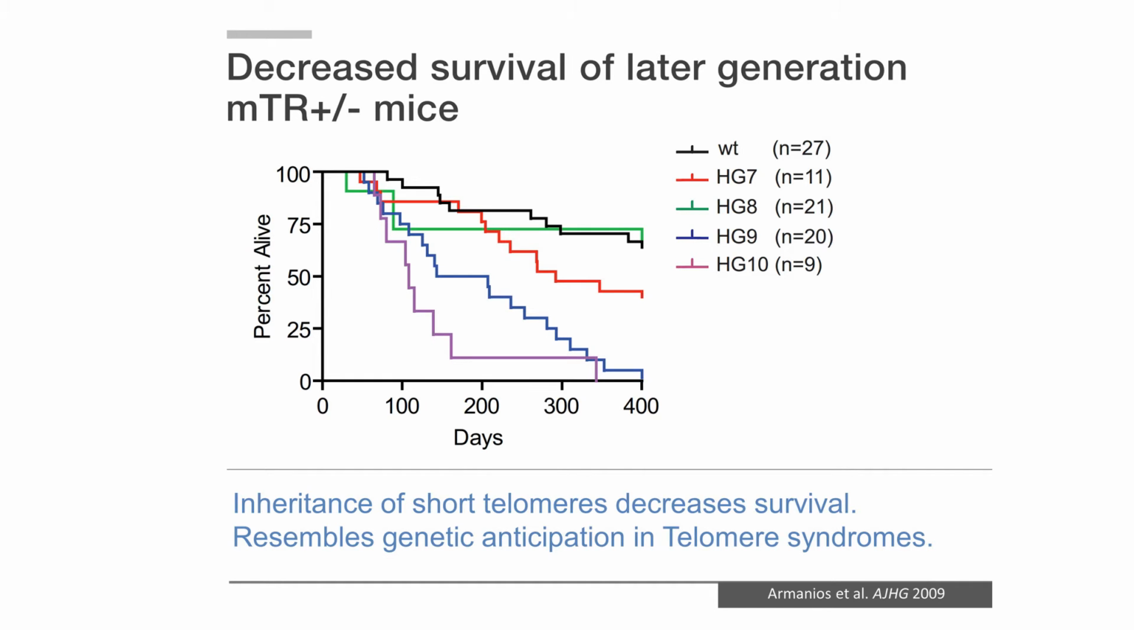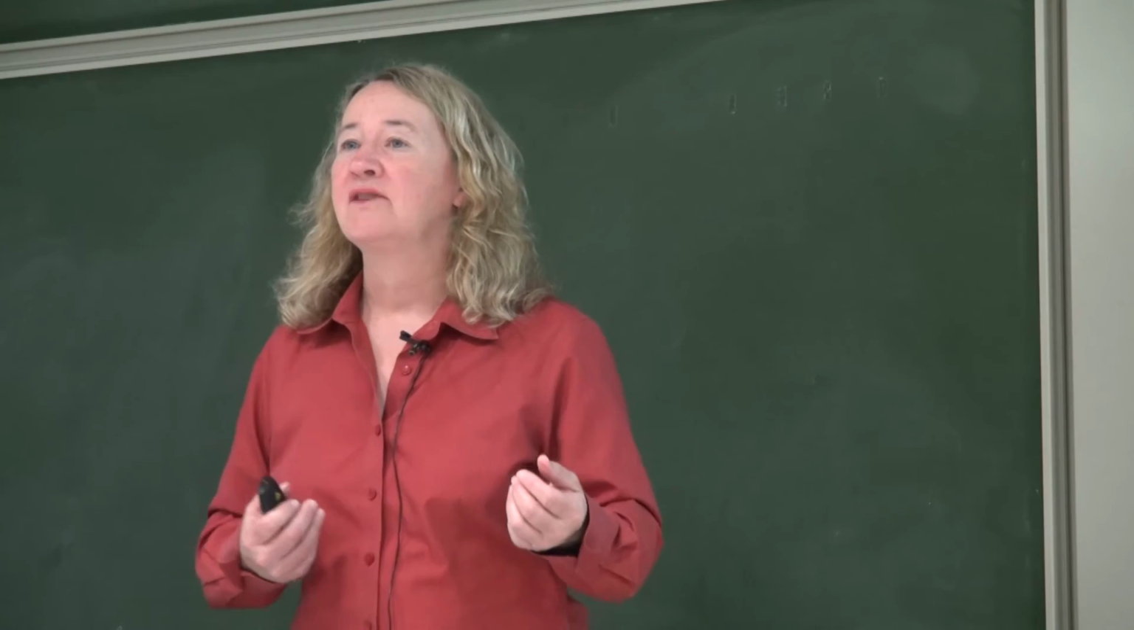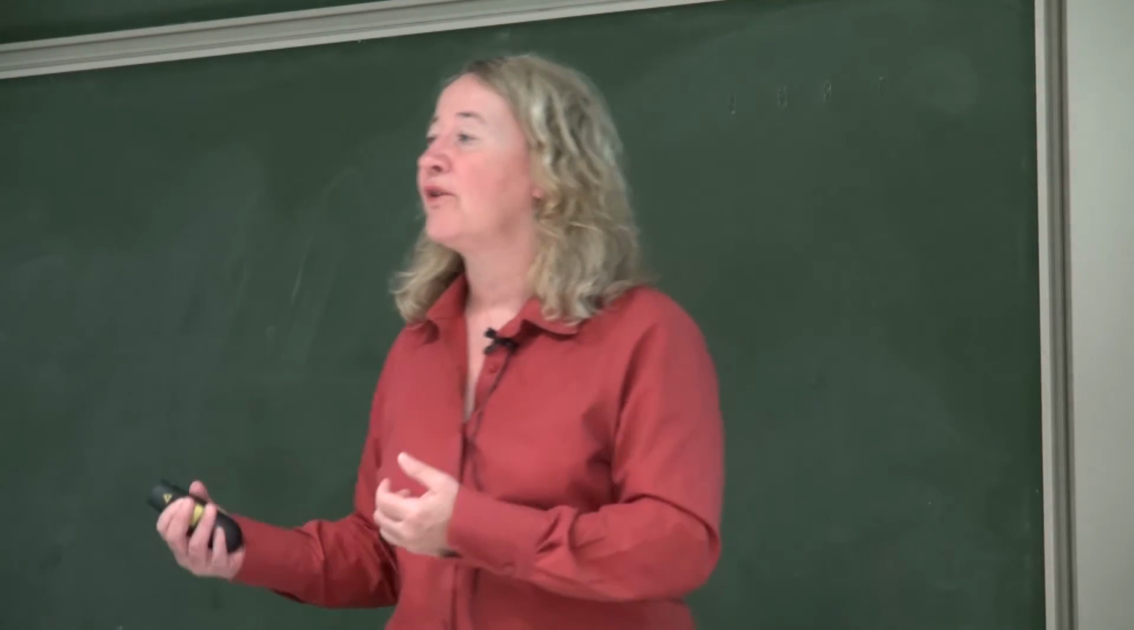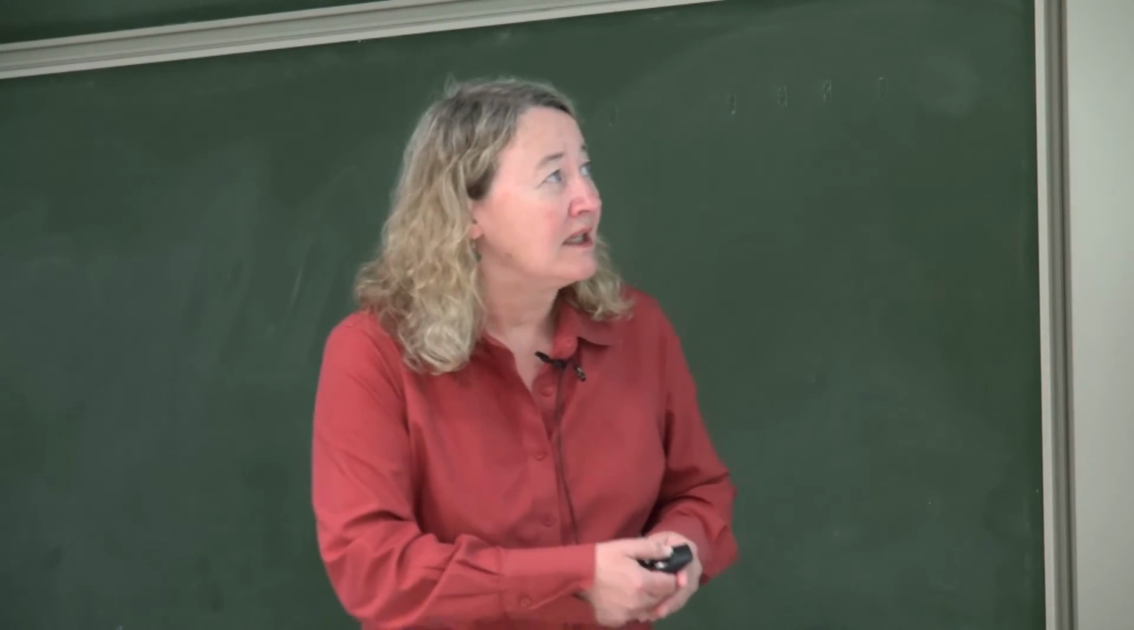When we then look at the viability of these mice, again, a Kaplan-Meier survival curve. Here's the number of days and the percent of mice alive. And if you just focus on the wild type here, the wild type mice, the survival curve is here shown up to 400 days. And the HG10, where you can see that there's a significant decrease in survival, and there's a progressive decrease with each generation of the heterozygous mice that's very similar to the genetic anticipation that's seen in the human disease. So the inheritance of short telomeres decreases the survival, and it resembles the genetic anticipation seen in the telomere syndromes. And the primary cause of death is a combination of the GI defect with the immune defect that's present due to the bone marrow failure in these mice. And that's in the case of the mice, that's a primary cause